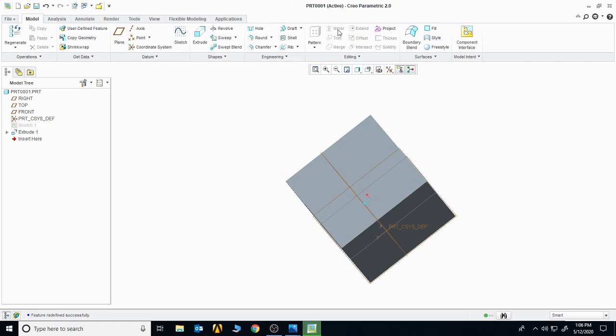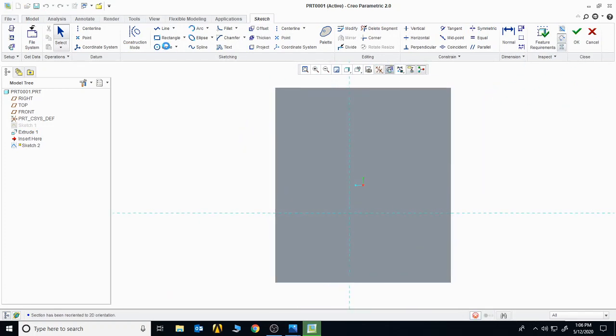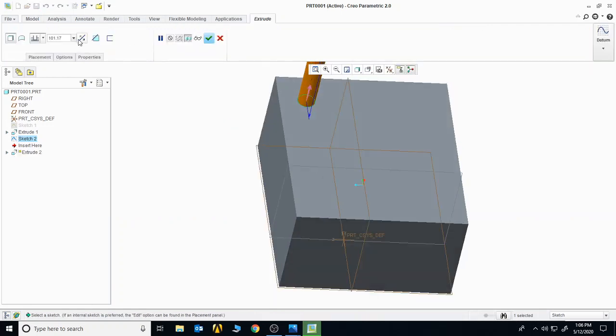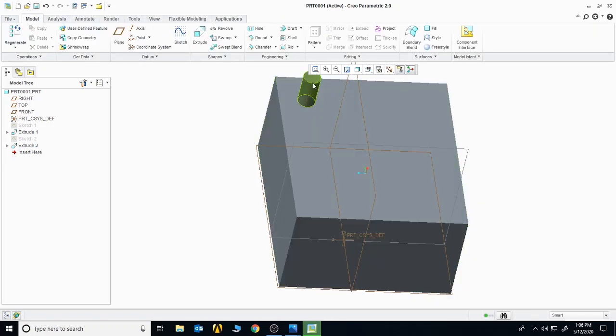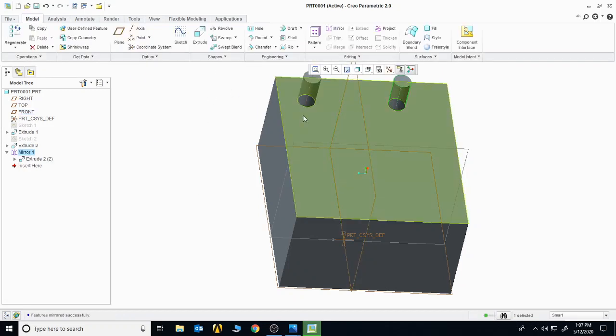Now we will look into the mirror command. For that again we will be required to make a certain sketch on it. Let's suppose that be a simple circle. Okay, extruded, change its value to 50, click on OK. You have got this extruded surface. Click on the extrude 2 if you want to get it mirrored. Click on the mirror, select one item, so select the particular plane and click on OK, so it will get